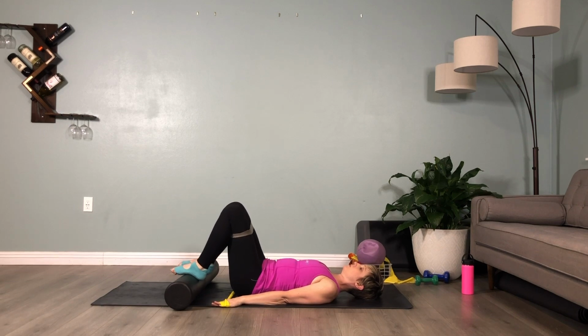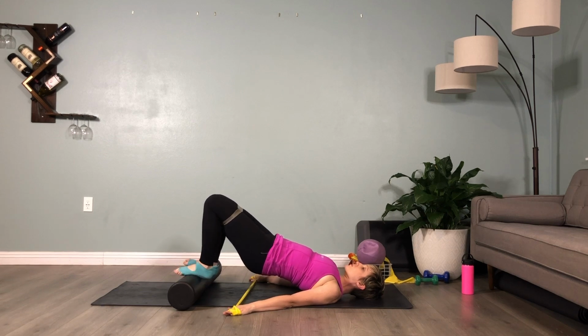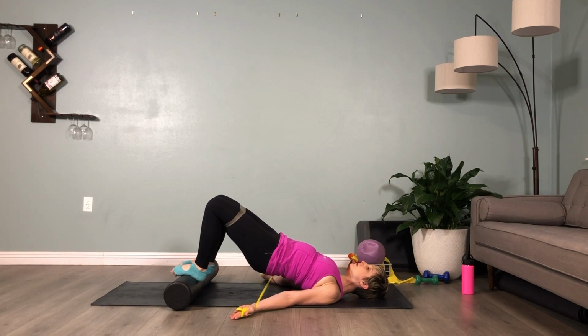Remember the front ribs meeting the back ribs and the back ribs imprinting. As you pull out on that band, I like to do it with my palms facing up. This allows my shoulders to be more open. If you flip the palms, it causes the shoulders to round in more. So just flip your palms to face up. You're still pressing down though with the backs of the arms and pulling out on that lightest loop band, that